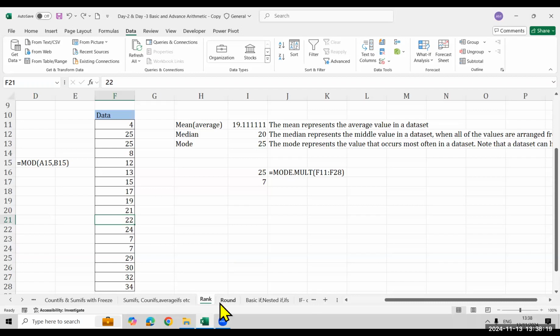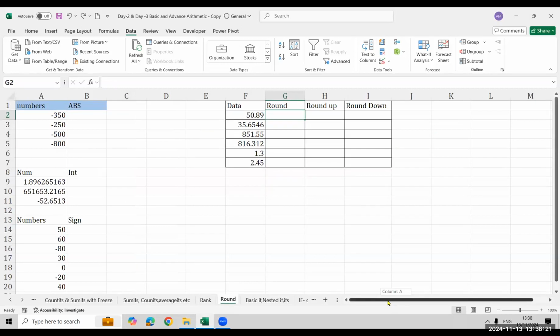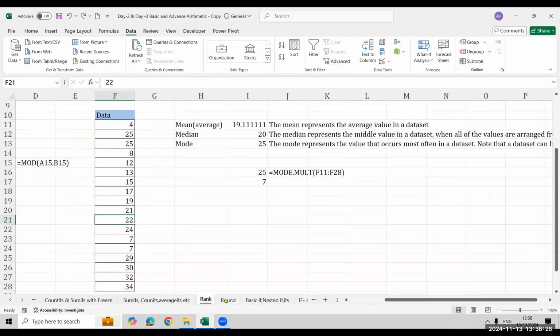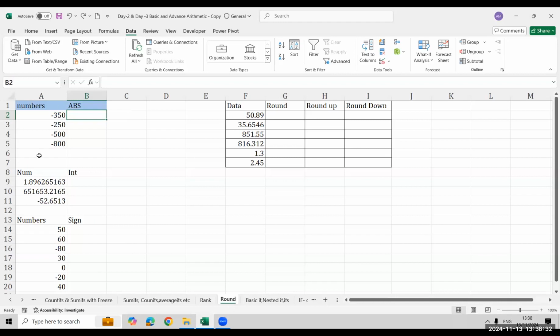Okay, now coming to the round. Everyone, switch back to the round. Yes. Now, do you see ABS? The full form of ABS is absolute. So whenever you have a negative value, it will convert into positive value. So if you type equals ABS and select the cell, you have minus 350 and you can